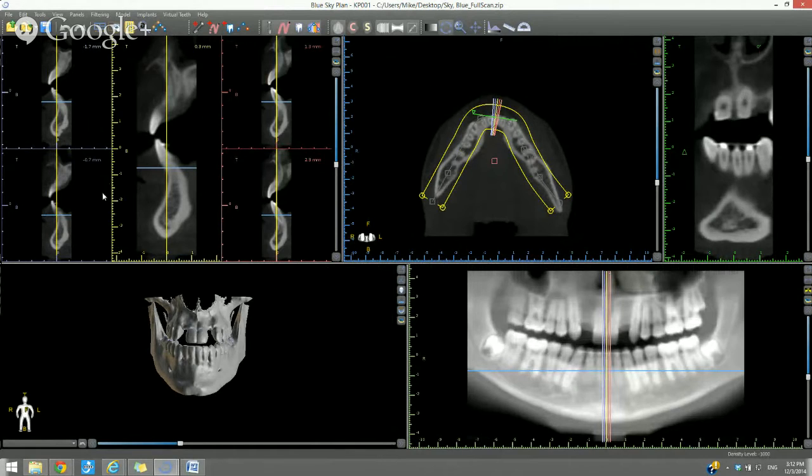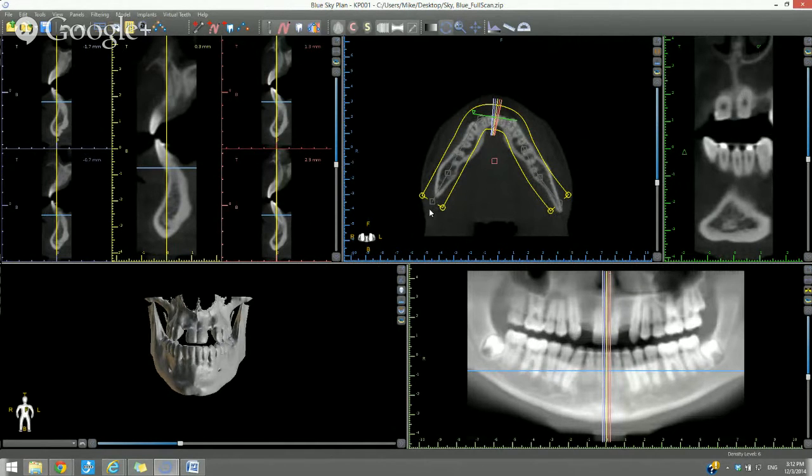The top left view is your cross sections view. Those are showing vertical slices, and we're able to run around the arch of the patient and see those vertical slices. And the bottom left view is your 3D view. Now that general overview is important so that we could discuss our panoramic curve. The panoramic curve that we see in our top middle view, the axial view, is the curve that goes through the patient's